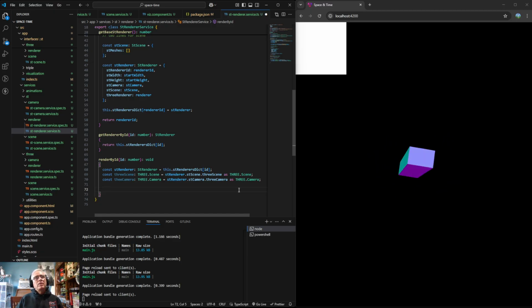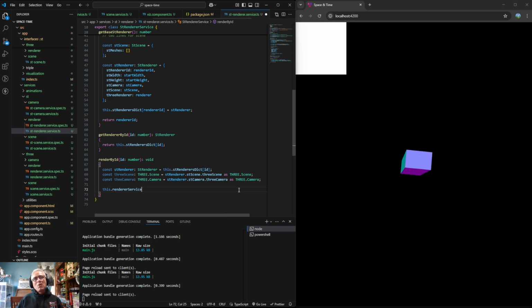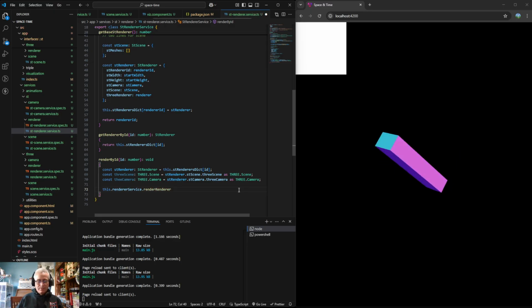And then we want to take this dot scene renderer service. I'm already starting to get used to knowing that if it doesn't have st in front of it, it's the 3. And maybe when there's a physics engine, it'll be ph. But render service dot renderer,